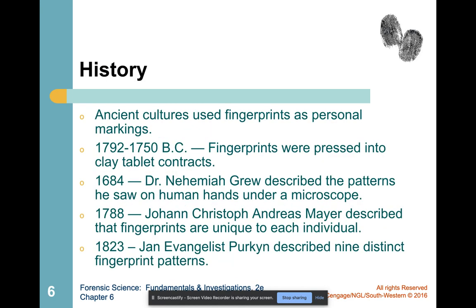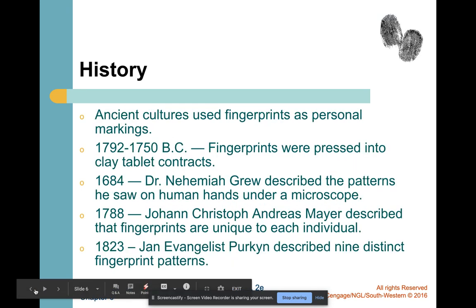But ancient cultures used fingerprints as personal markings, right? As early as 1750 BC, fingerprints were pressed into clay tablets as contracts. They didn't necessarily have a signature like we do now with our electronic signature pads. So they just basically did a big thumbprint in clay. Okay, and then we have